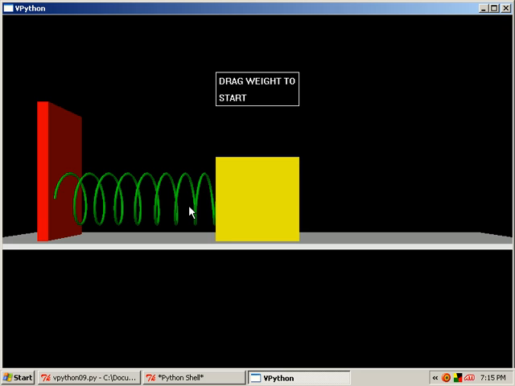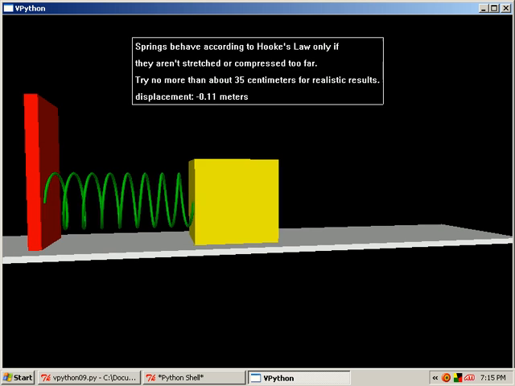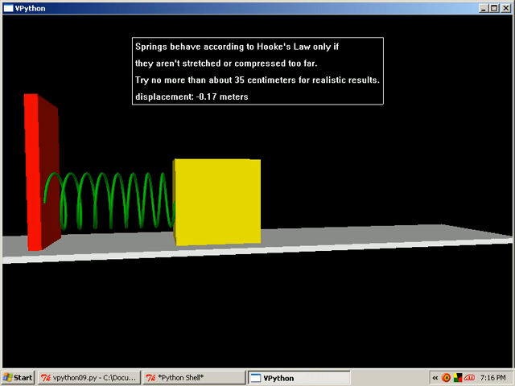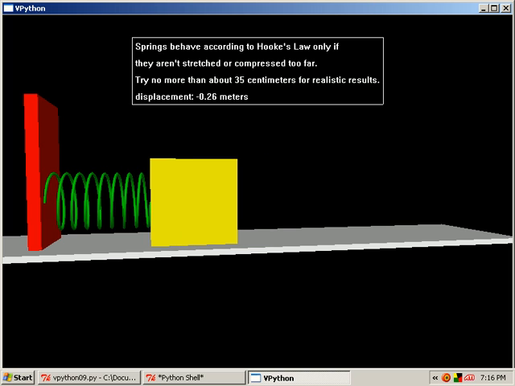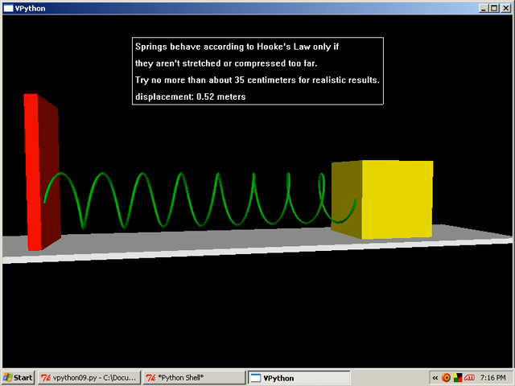We have a weight attached to the end of a spring, and the other end of the spring is attached to a wall. This surface here is just a frictionless surface, and when we left click on the weight, we can go to the left to compress the spring or pull to the right to stretch the spring. And I have a little message up here that says springs